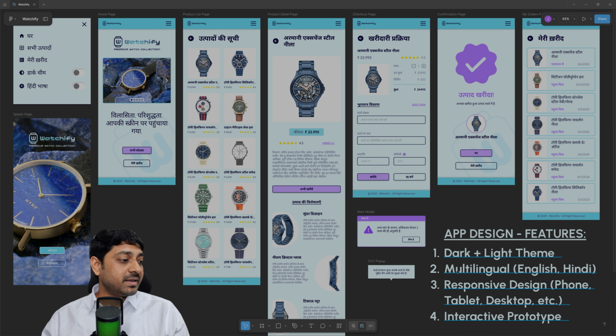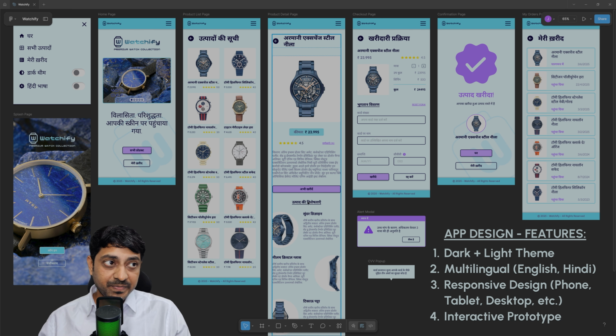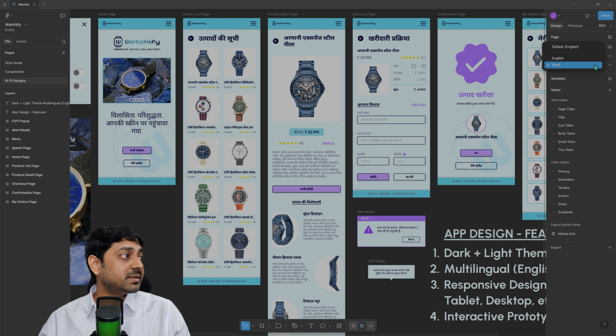In the same way, the next unique selling point, the next feature of this app will be multilingual support. It will support multiple languages like Hindi plus English. Right now, you are seeing the whole application in Hindi language, and we can quickly change the language of this